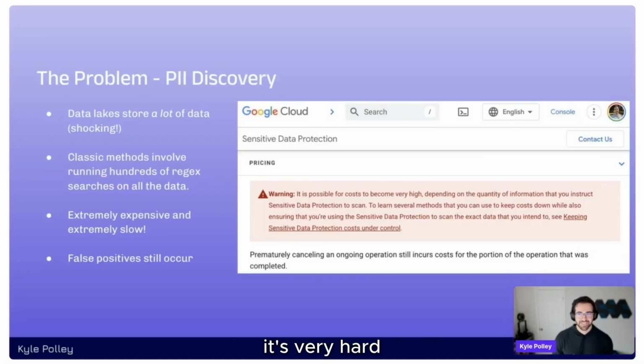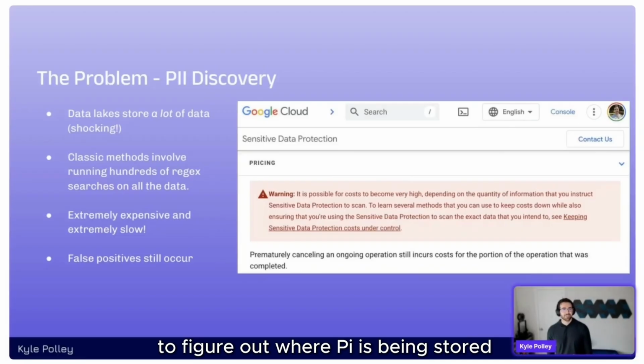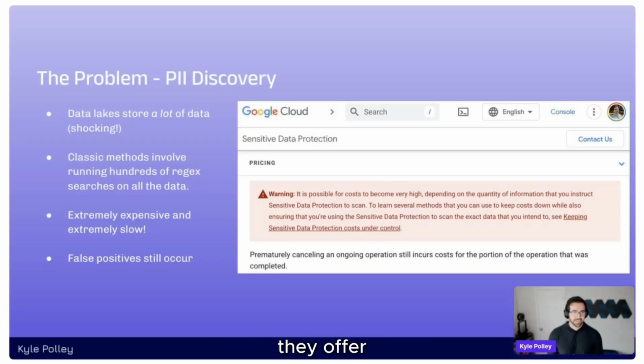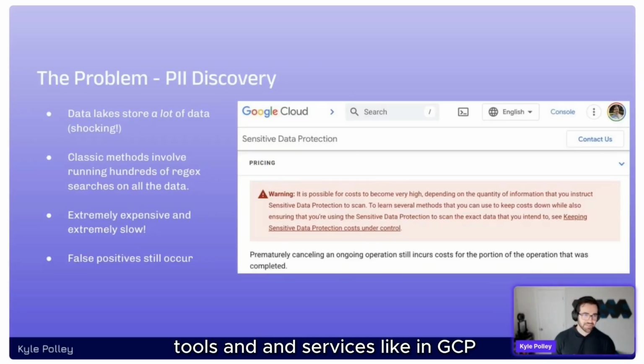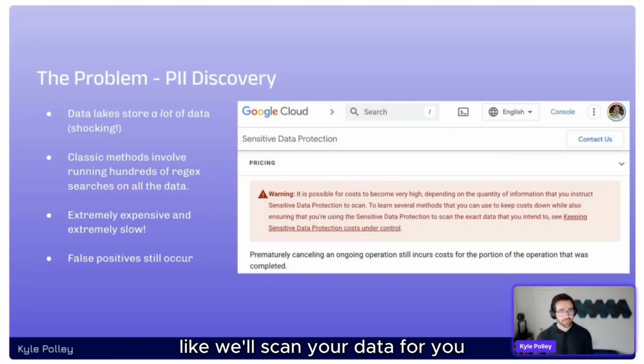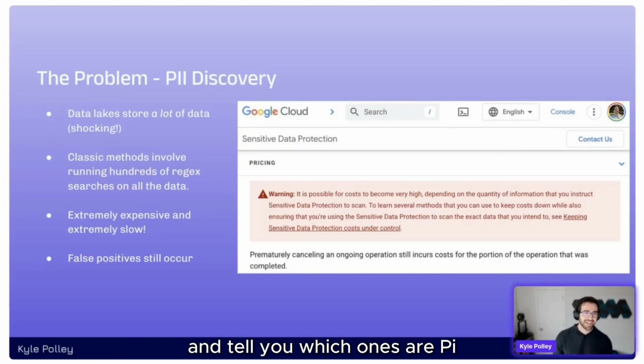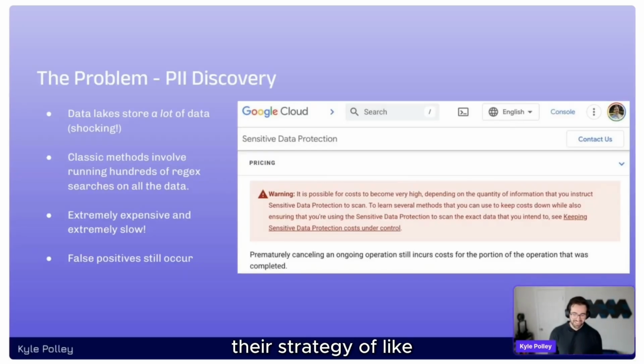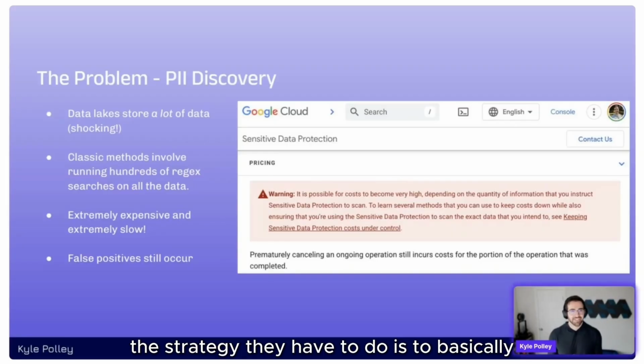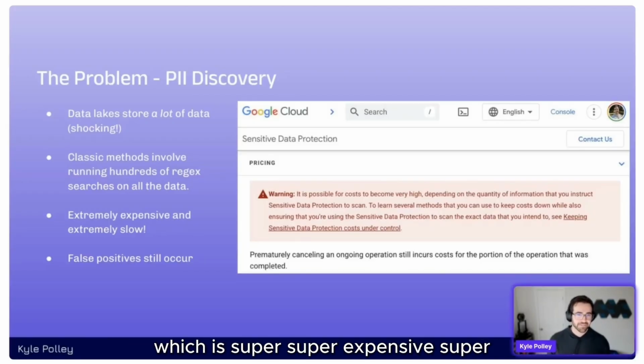And so it's very hard to figure out where PII is being stored. All these services offer tools, like in GCP, for example, where they'll scan your data for you and tell you which ones are PII. But the strategy they have is to basically run hundreds of regexes on all of your data, which is super expensive and super time consuming,